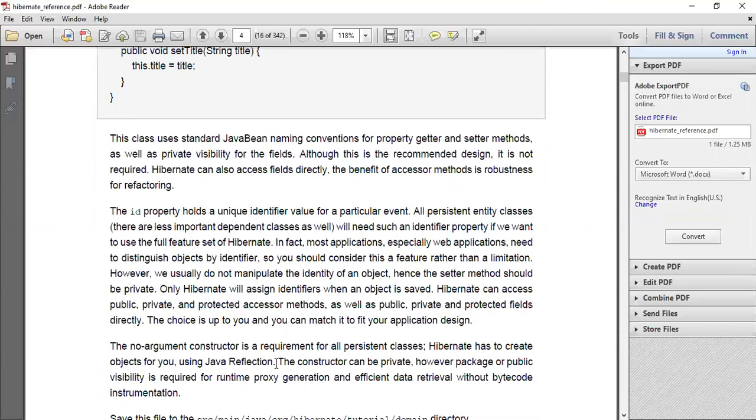The constructor can be private. However, package and public visibility is required for runtime proxy generation and efficient data retrieval without bytecode instrumentation. That is also very important, although it's not at entry level. You don't need to go that deep. But if you really want to know, Hibernate basically works on proxies. So the constructor can be private, however package and public visibility is required for runtime proxy generation, correct? You need to understand how this particular ID works,